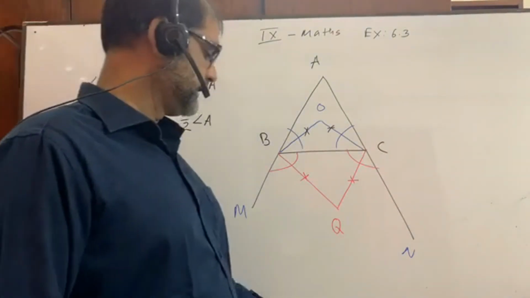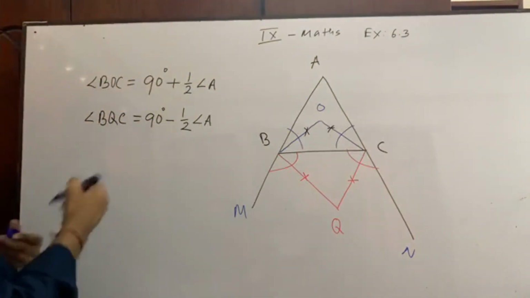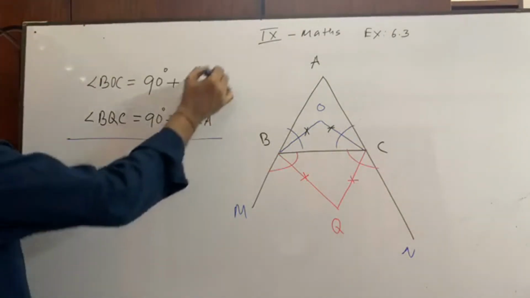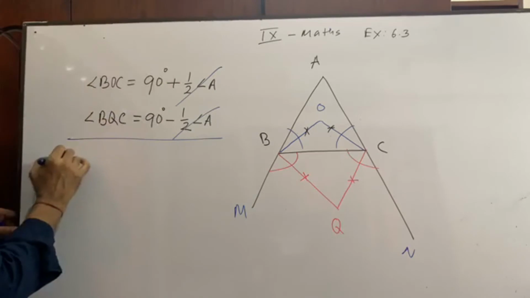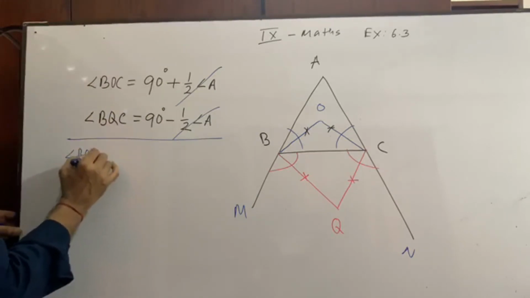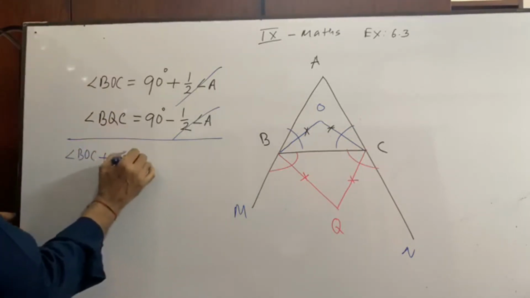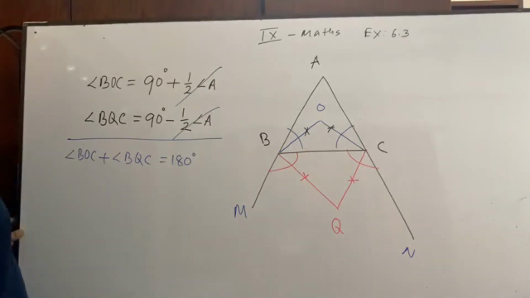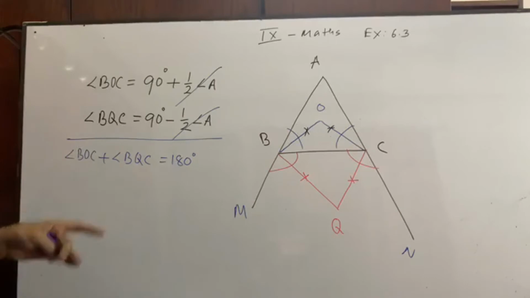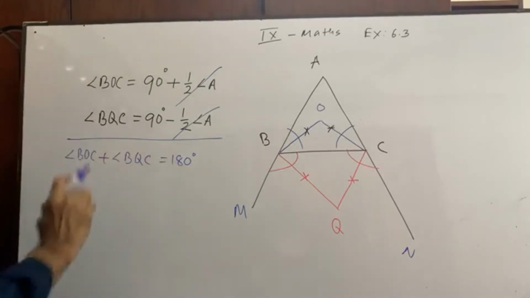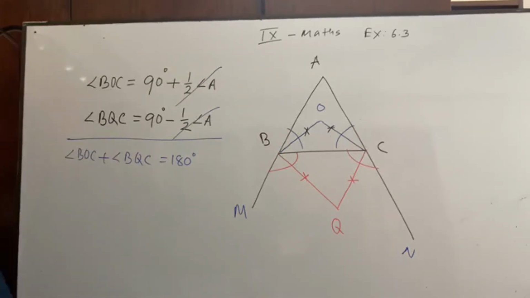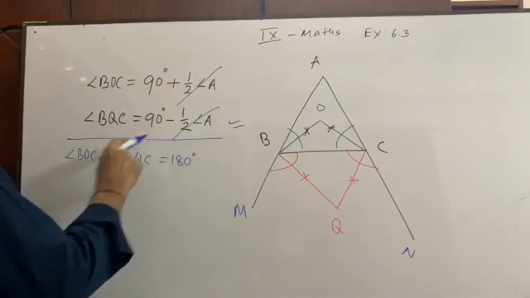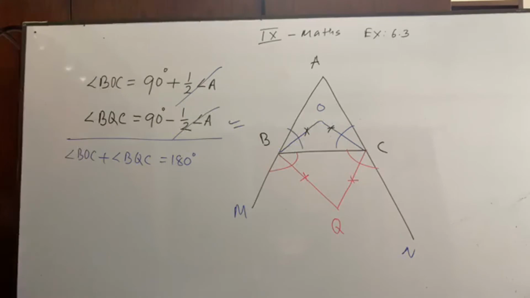Now what we are getting here, actually, you see, if we add these two equations, then this and this will be omitted, so we are left with angle BOC plus angle BQC equals 180 degree. The second math can be given like this: prove that this plus this equals this. Then you have to do up to this and add equation 1 and equation 2, then you will be left with this.